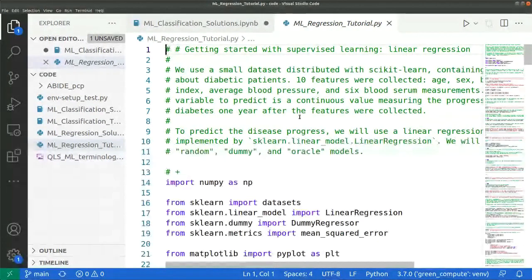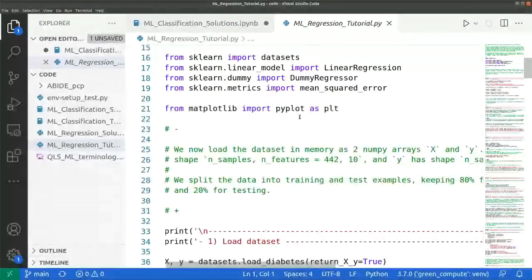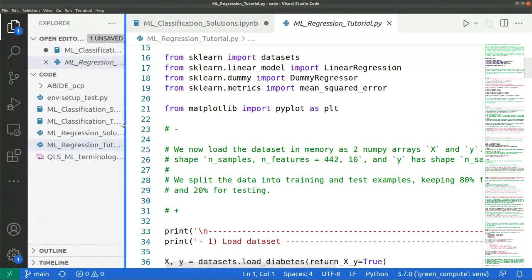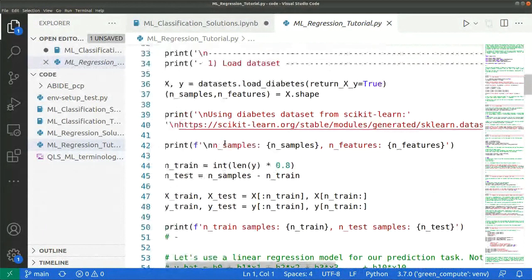What we're going to do is go line by line. There is a tutorial and there is a solution. You can go through the tutorial first, and if you get stuck, you can of course look at the solutions. But try to solve them on your own, because making mistakes is a really good way of learning things. So what we'll do here is first, okay,